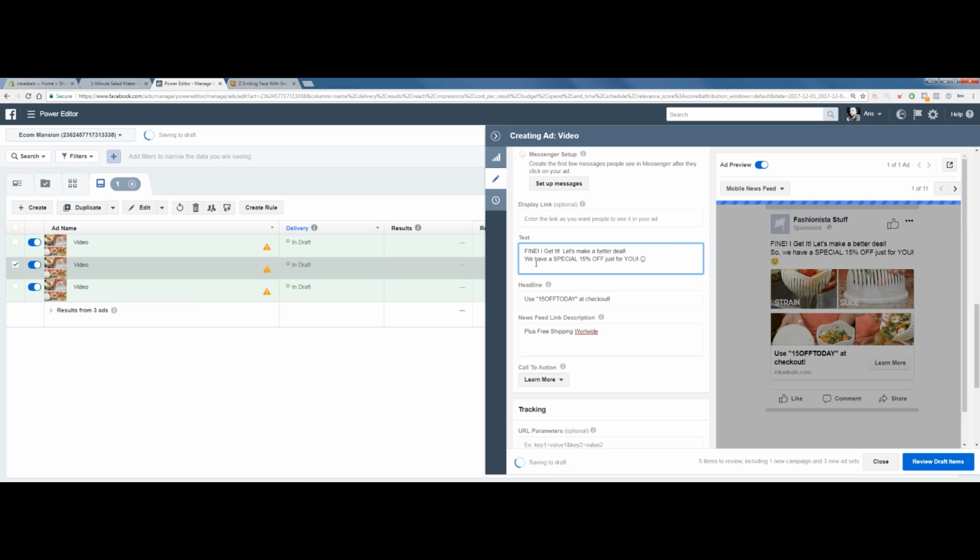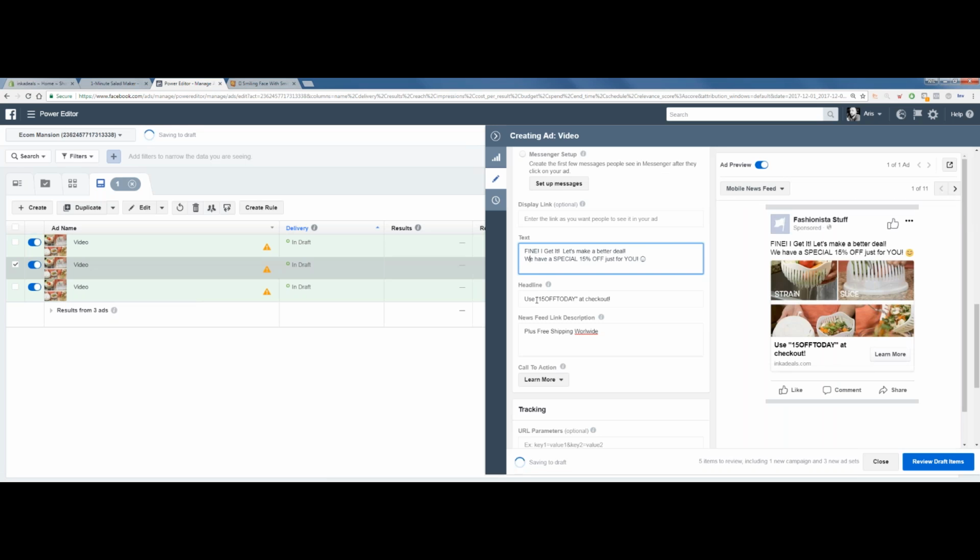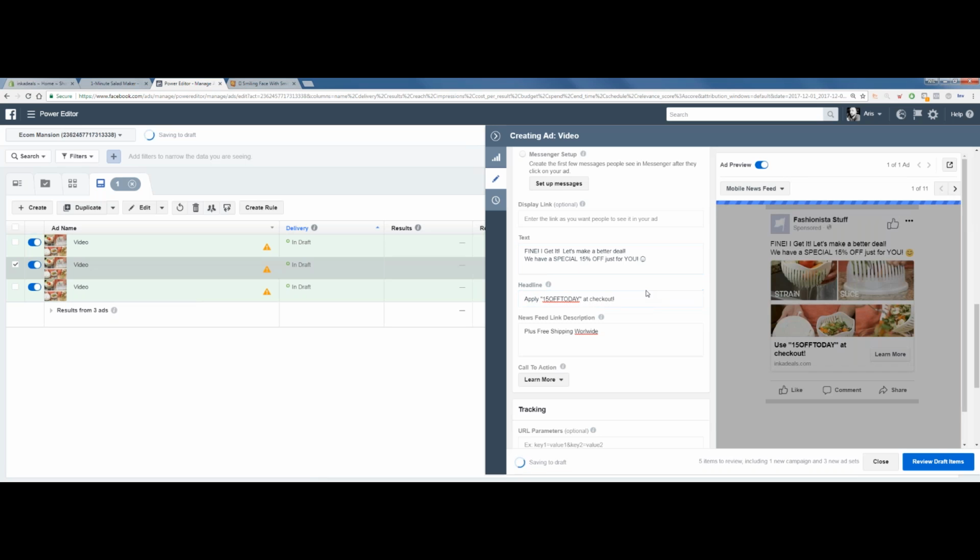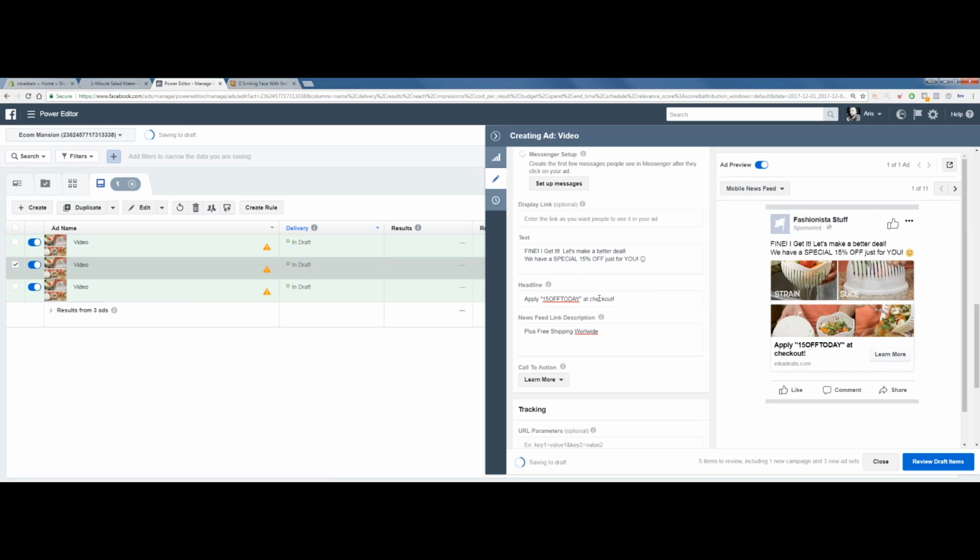We have a special 15% off just for you. Use this code at checkout. All right, we can change this to apply, just to change it up. Apply 15 at checkout. So this is day 7, the 15% off incentive.